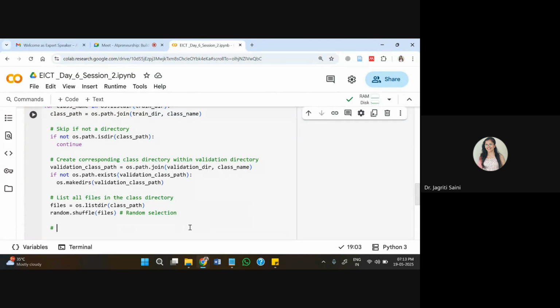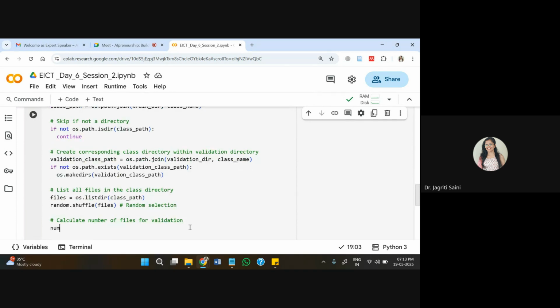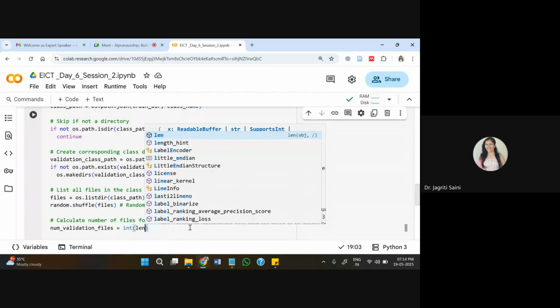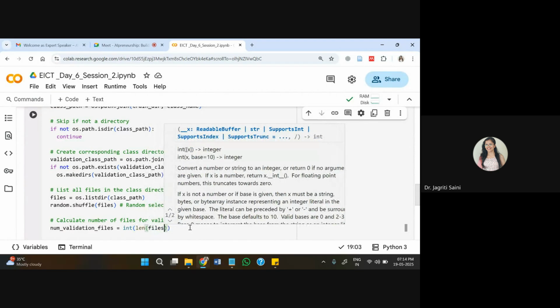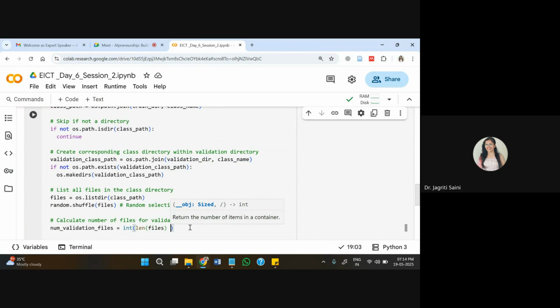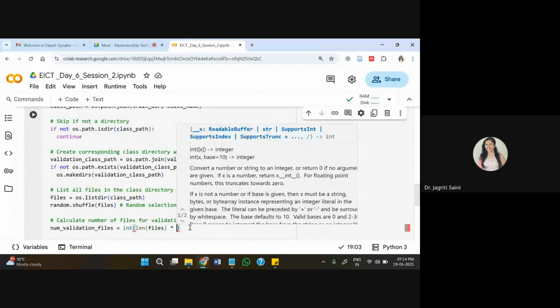After this, the next part we will add here is calculate number of files for validation, and this is num validation files I'll add. And inside this, as I told you earlier, we created a split ratio for the files that was 20%, but 20% has to be calculated on the length of total data we have in the train repository.